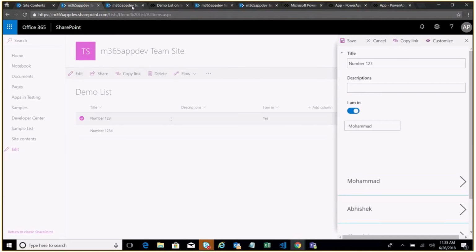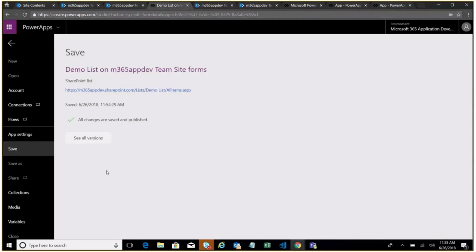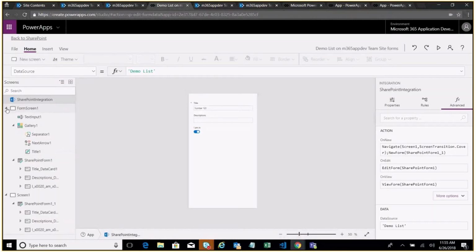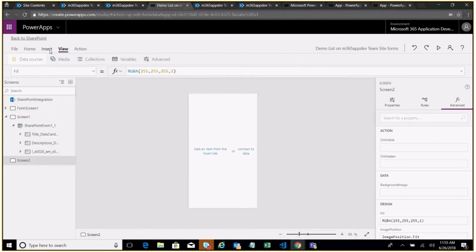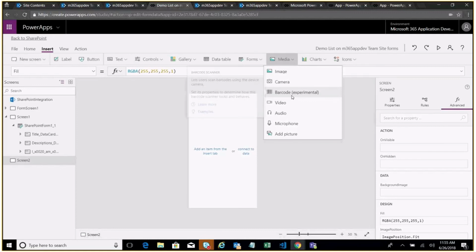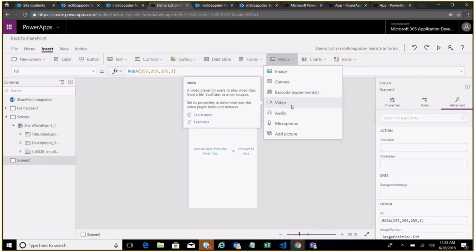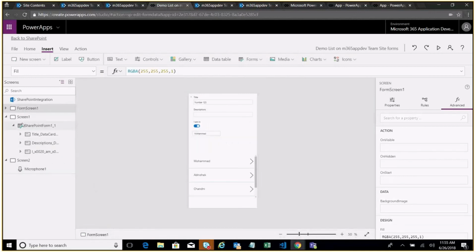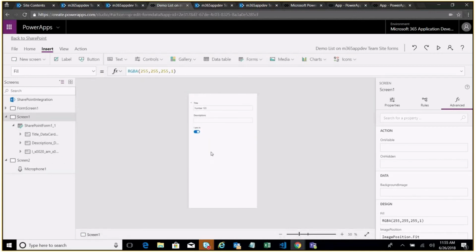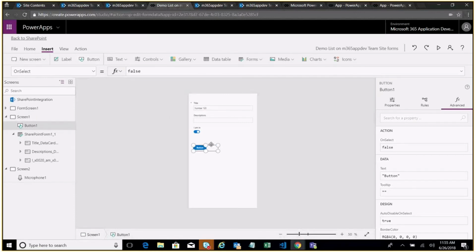I can do something like this also: I'll have one more screen, which will be a blank screen, and I could add something like a media control, which could be a video player, or let's say a microphone. Okay, and then in the form screen one or screen one, I want to ask the user to record a speech or record a value. So I can add a button to it,